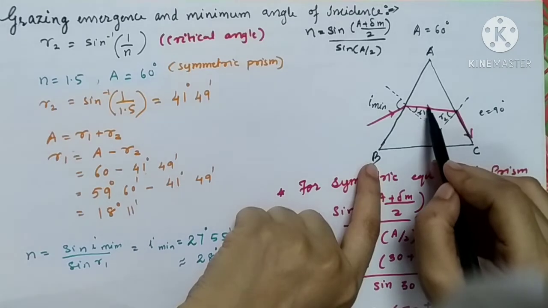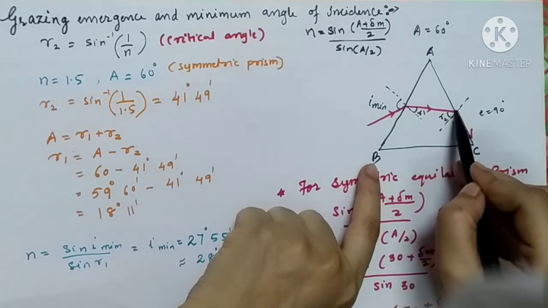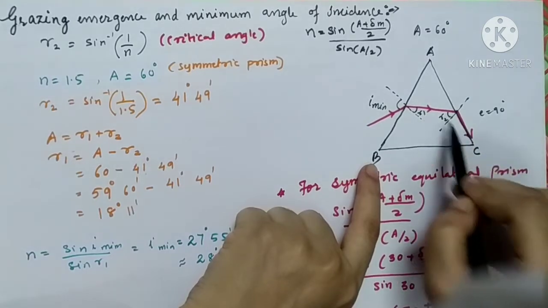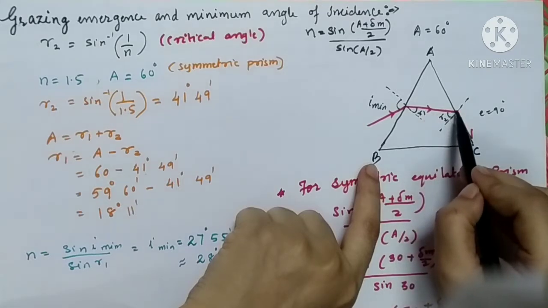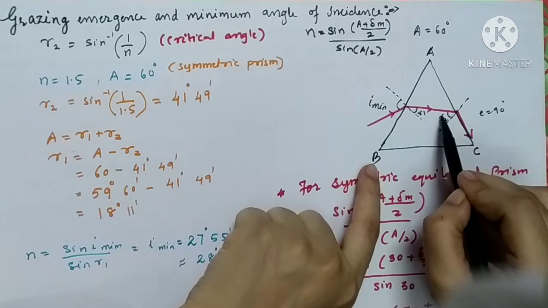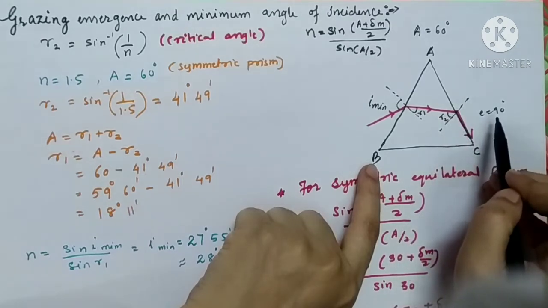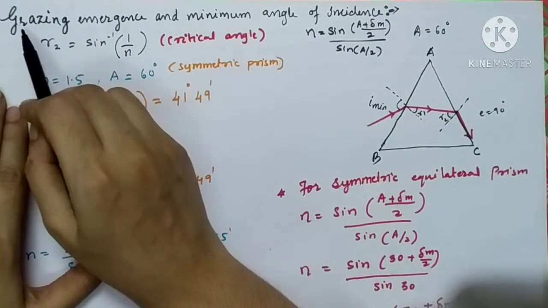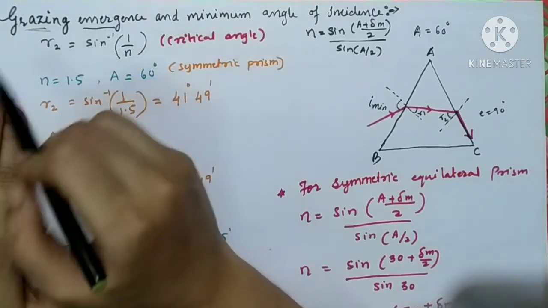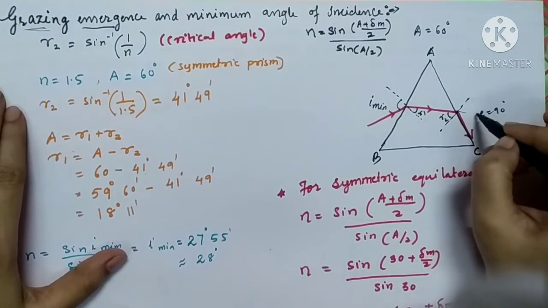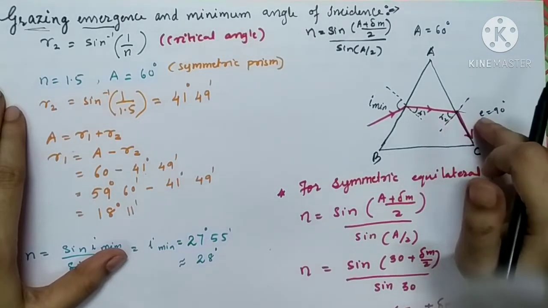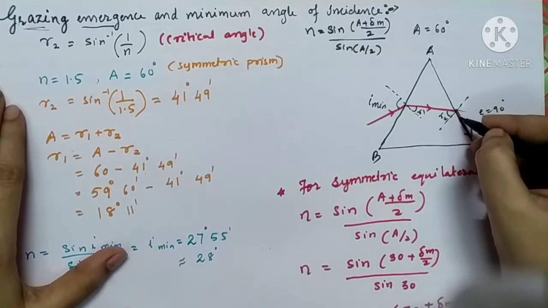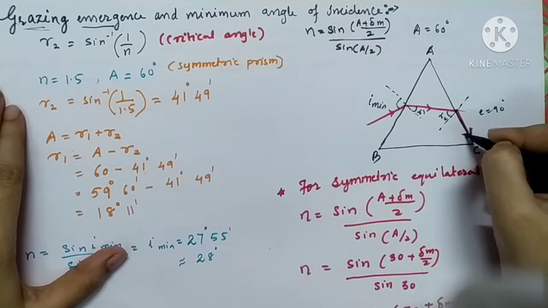Now when this refracted ray moves inside the prism, it will again be incident on the surface AC of the prism. So this refracted ray will become the incident ray over here. Now the light ray is going to move from denser to rarer. Here we have taken one special case: grazing angle of emergence. Grazing emergence angle means the light ray which comes out of the prism is not going to move inside the rarer medium. Indeed, it will move along the side AC. It will just graze the refracting surface.